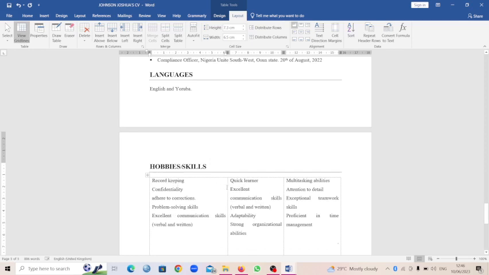Record keeping, confidentiality. Let's bring the ones that are written in very long sentences. Excellent communication skills is already repeated twice. Record keeping, confidentiality. Added instruction.